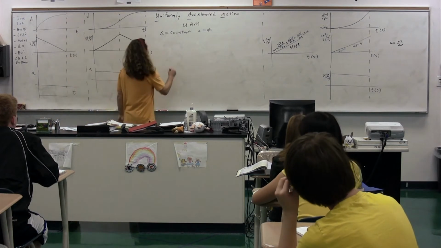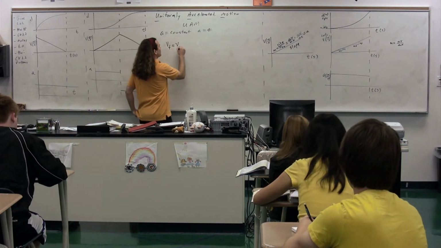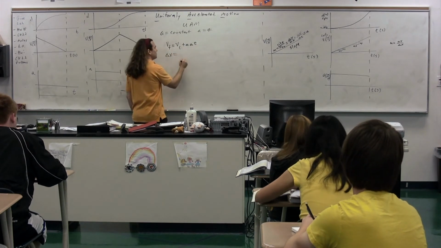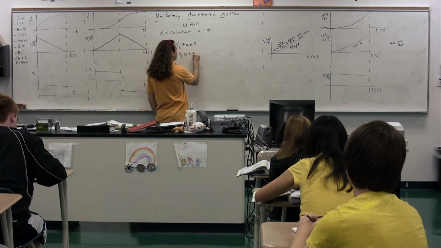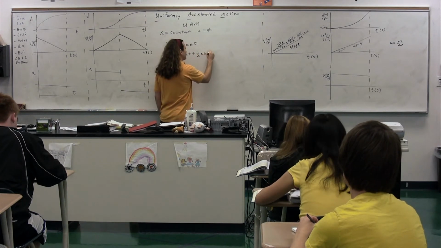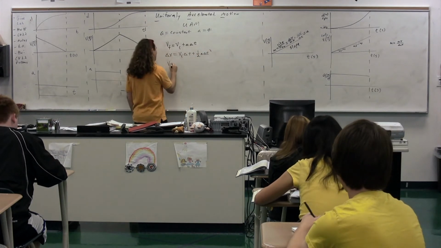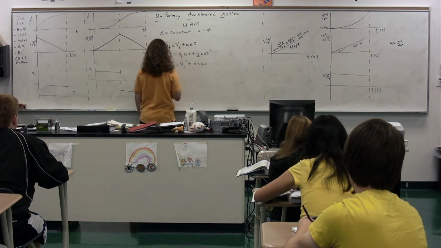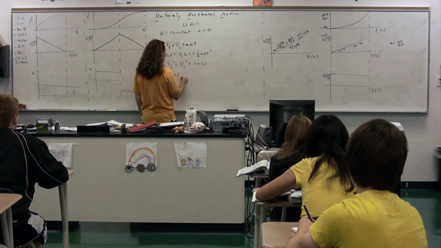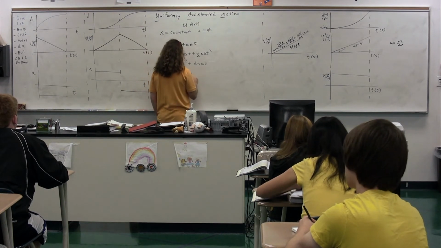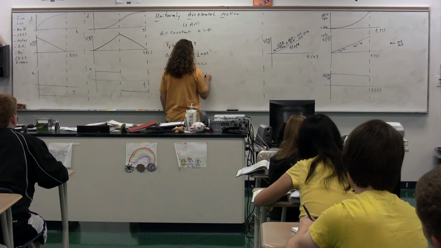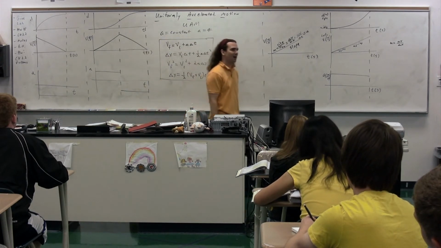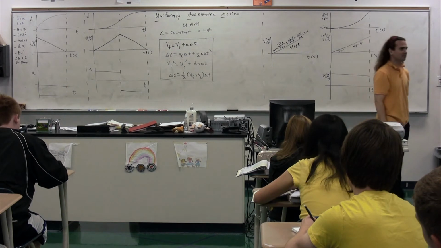Here we go. Velocity final equals velocity initial plus the acceleration times the change in time. The change in x, the displacement, is equal to the velocity initial times the change in time plus 1/2 times the acceleration times the change in time squared. The velocity final squared is equal to the velocity initial squared plus 2 times the acceleration times the displacement in the x direction. And lastly, the displacement in the x direction is equal to 1/2 times the velocity final plus the velocity initial times delta t. Giant box. I will read them again.